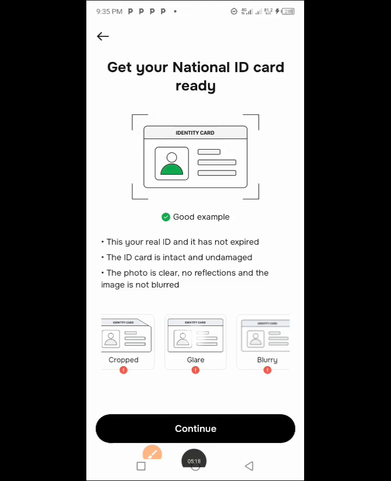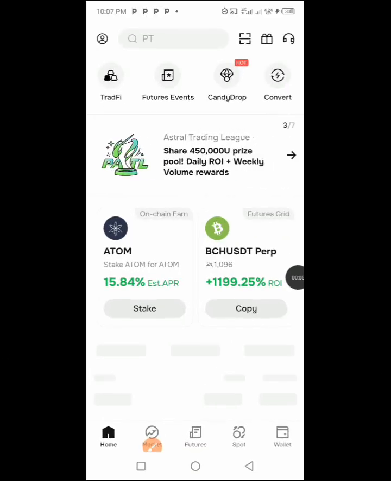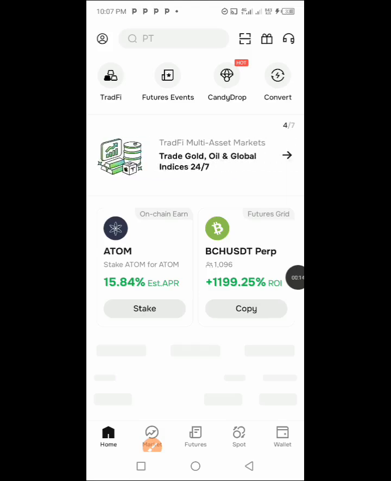I hope this is clear enough. See that here is just the interface of the app. After following every step, it's going to register you in the app successfully. All right. And then the first thing you have to know in any exchange is that you have to take